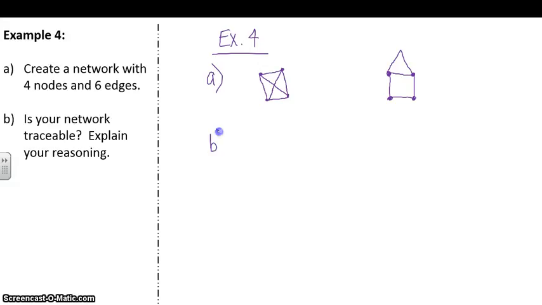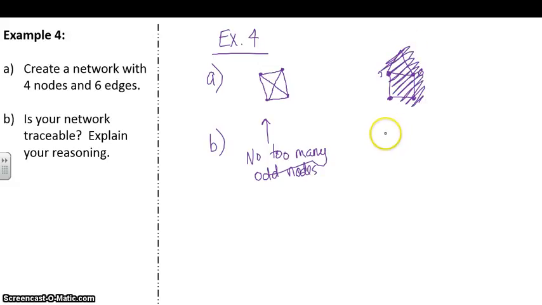Okay, now part B, is your network traceable? Explain your reasoning. Is this one traceable as I have it drawn here? This one is no, too many odd nodes or more than 2 odd nodes. Because these are all 4 odd. This one has odd, odd. Oh, you know what? This one wouldn't work. Nope, because that would make another one up there. So that one doesn't work. So then if you had your own, you would have to decide if it was traceable or not. Either they're all even